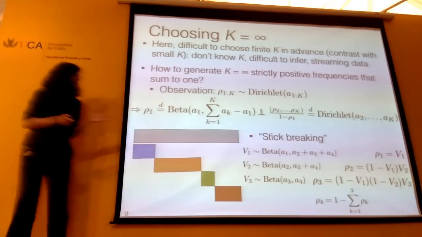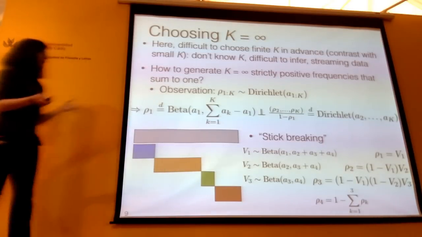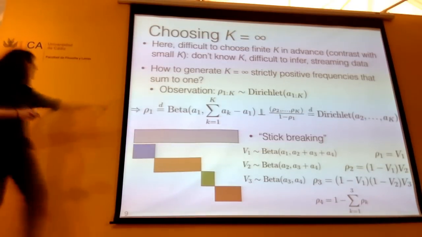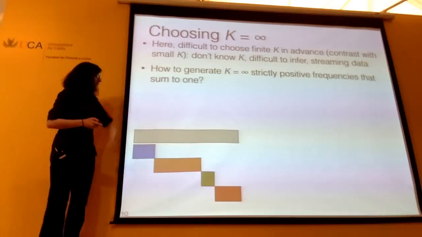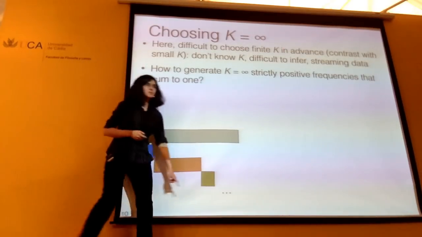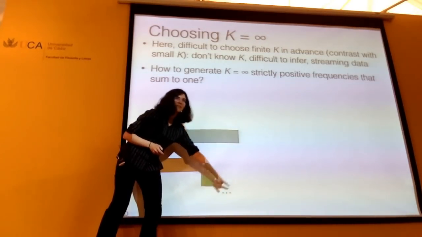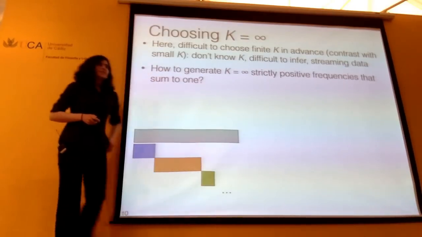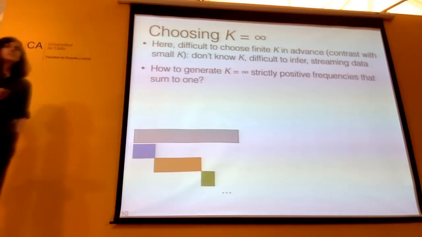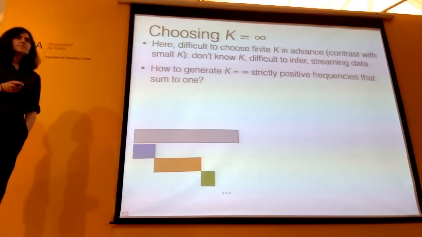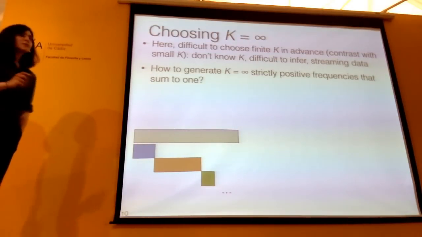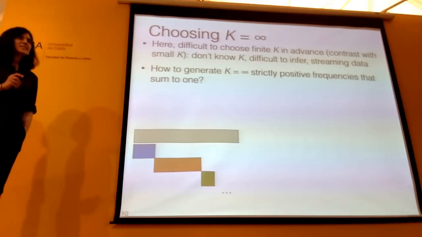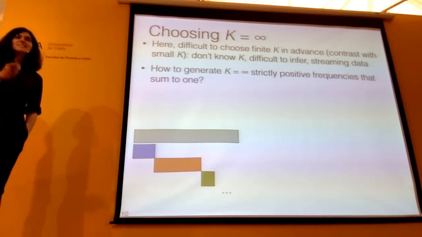And what I want to suggest is that maybe this is a great way to get at our original goal, which was to get a k equals infinity set of positive frequencies, if we just don't stop. So these ellipses down here indicate me not stopping. Yes? What do you do if someone goes to infinity? There is no set of a1 to a infinity that I have introduced yet. But that question will actually oddly make sense in a couple of slides, and then we can talk about it.